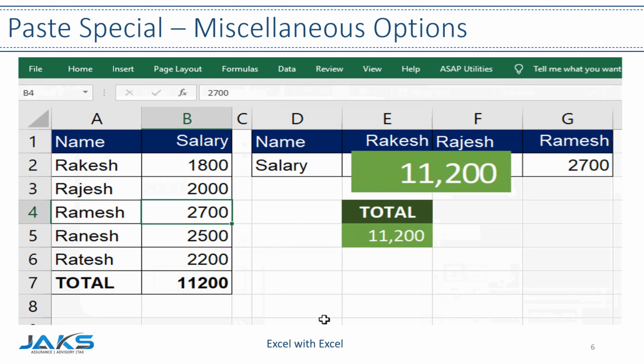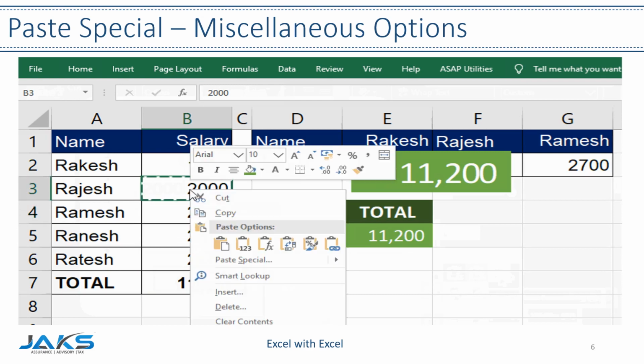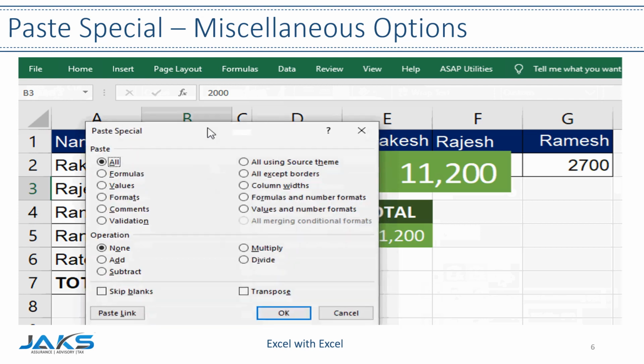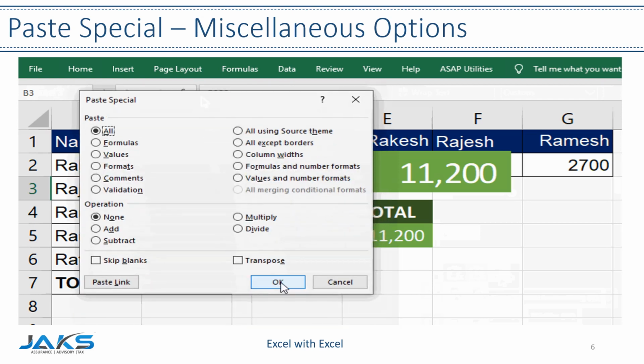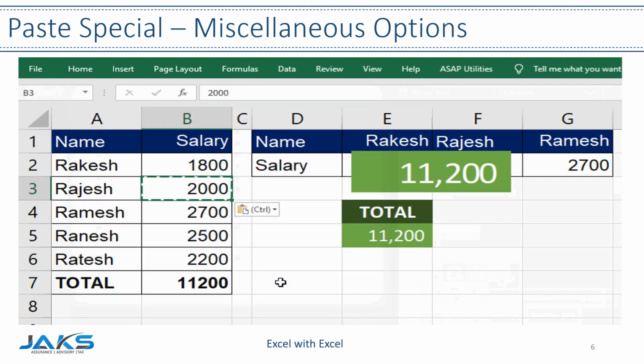Now, we will see how to bring the Paste Special dialog through the context menu and home menu. As usual, to make the paste options active, just copy a cell and right-click anywhere in the sheet. Then, you will see the paste options, and below that, you will see some clipboard icons. Below those icons, you will see the option Paste Special. Click on that, and you will get the Paste Special dialog window.